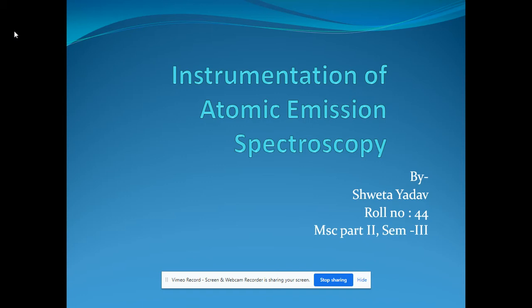So always two questions come to our minds: what is it, and why do we use it? Atomic emission spectroscopy is a technique of analysis that uses the intensity of light emitted from plasma, arc, spark and flame at a particular wavelength to determine the quantity of an element in a sample. This technique was discovered in the 19th century by Robert Wilhelm Bunsen and Gustav Robert Kirchhoff. It is used for determining the concentration of a particular element in a sample to be analyzed.